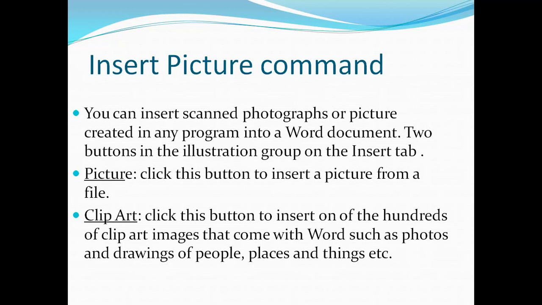First one is Picture, in which you can insert pictures from a file, and in Clip Art you can insert a picture from the clip art gallery.